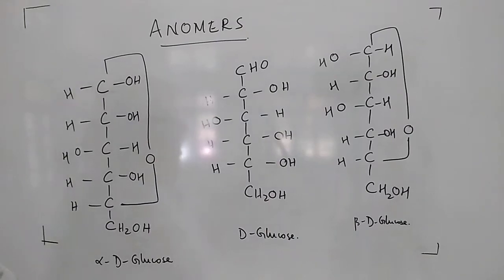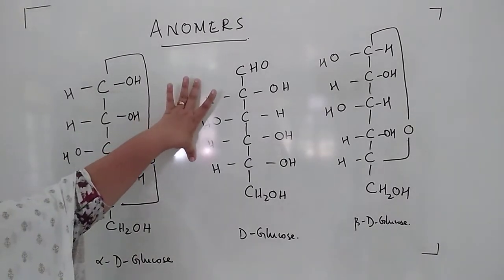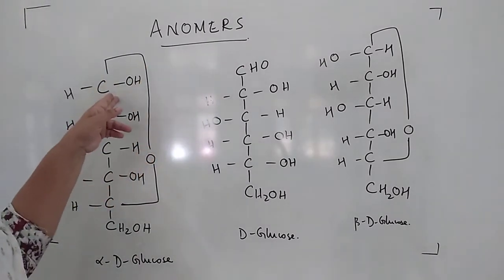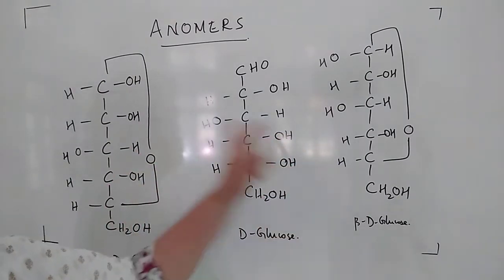So we'll see what anomers are. Anomers: the diastereomeric ring forms differing in configuration only at the chiral center produced due to cyclization are called anomers. We know that this is the open chain structure of glucose. This can have two forms, that is the alpha D glucose and the beta D glucose, once it is forming